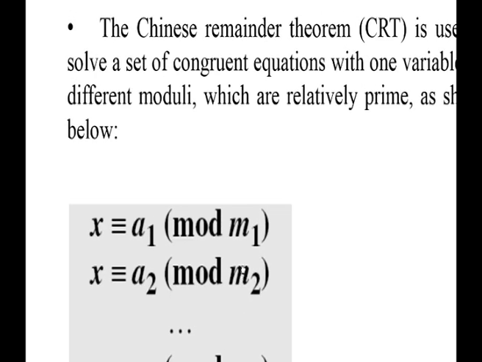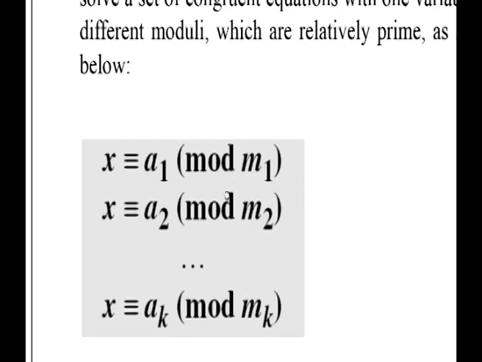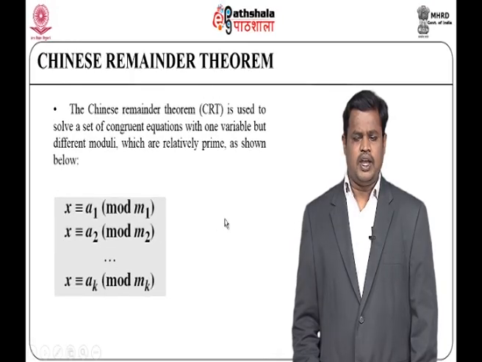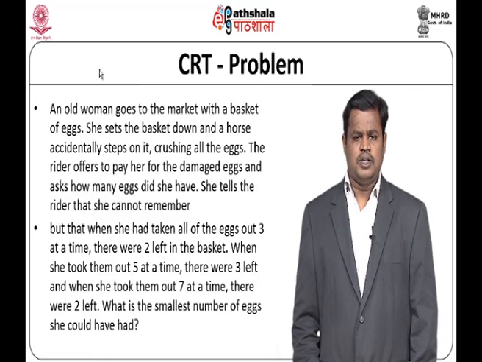So, when I have one variable x on the left-hand side, with different moduli that are relatively prime, then we can solve this kind of equation with the help of the Chinese Remainder Theorem. Before going to that theorem,